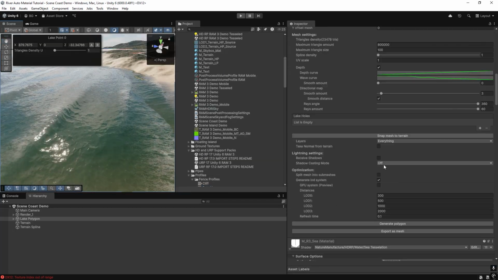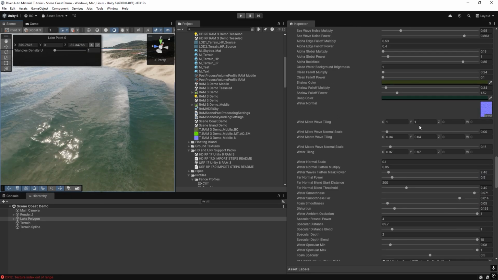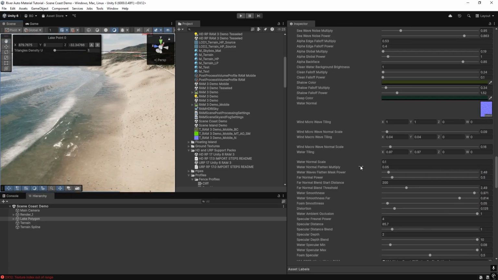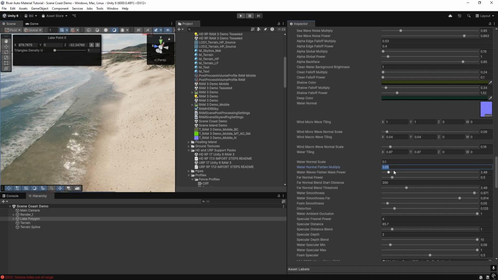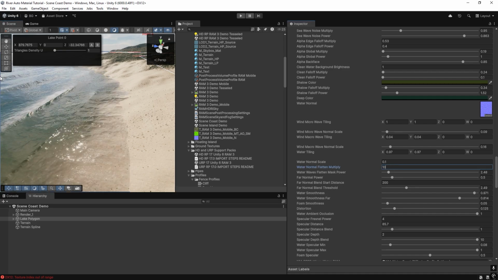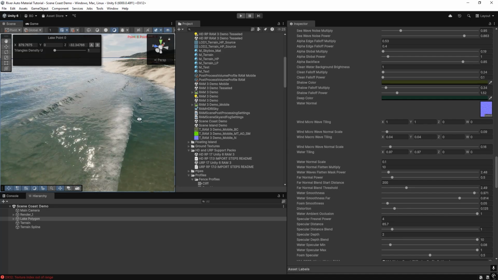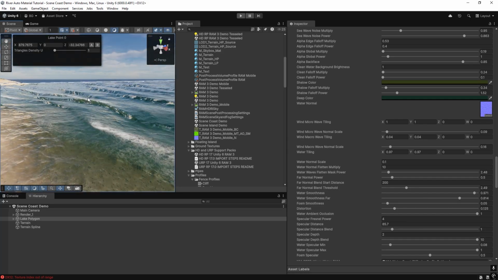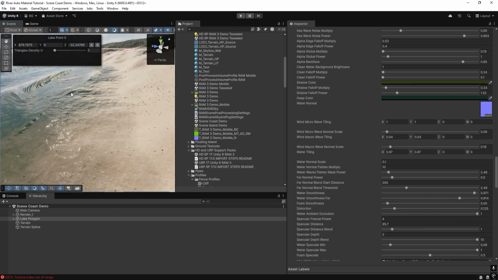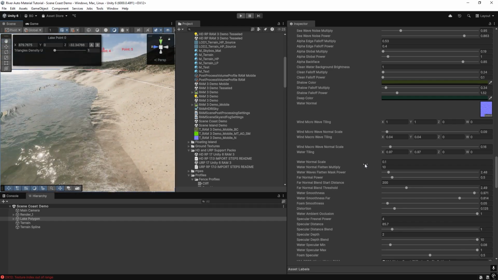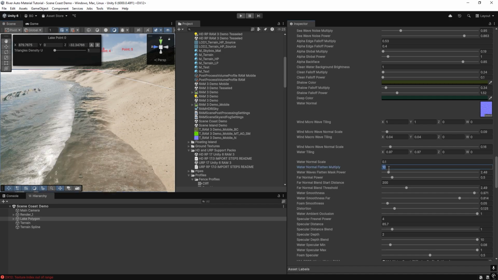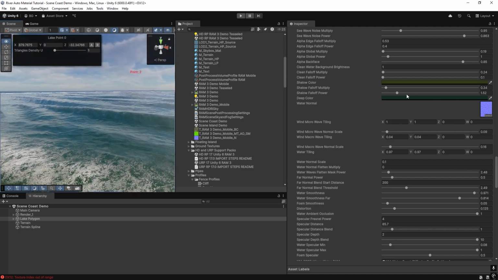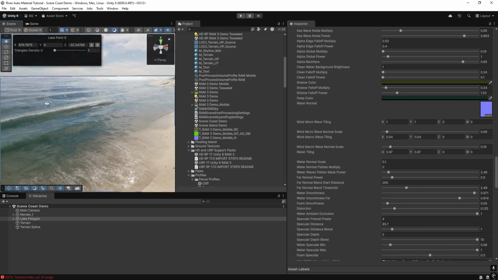It will be more visible here. If we go to the flatten normal multiply, if I set it to, for example, 10, you will see that we have, first of all, normals which are strong under the waves and near the shoreline. If we set it to 0, we have smooth water on the shoreline and smooth water on the